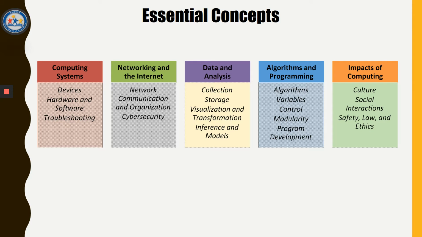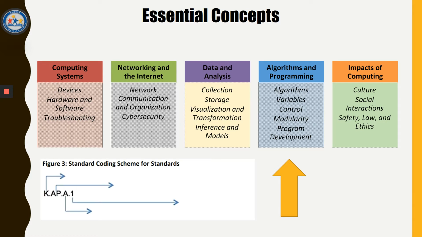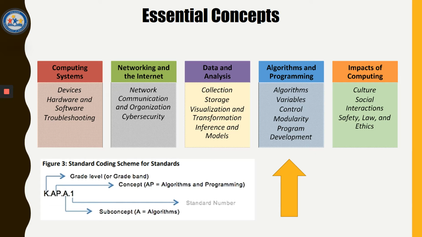The Arizona Computer Science Standards are organized into 5 overarching concepts that span all grade levels. Today, we'll be focusing only on the algorithms and programming concept. When reading the standards themselves, they are organized first by grade level, then by concept, then subconcept, and lastly, an identifying number. In today's video, we'll only be looking at the algorithms and programming standards, which have an AP in